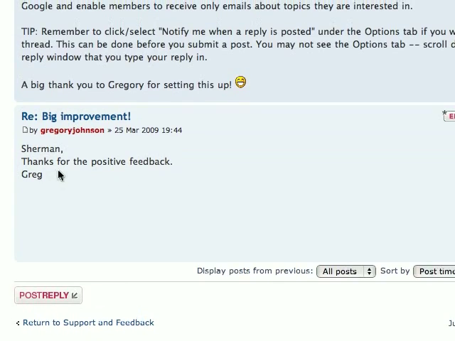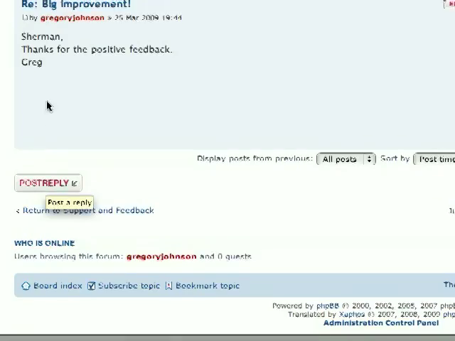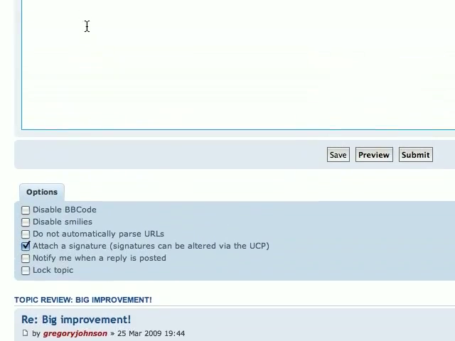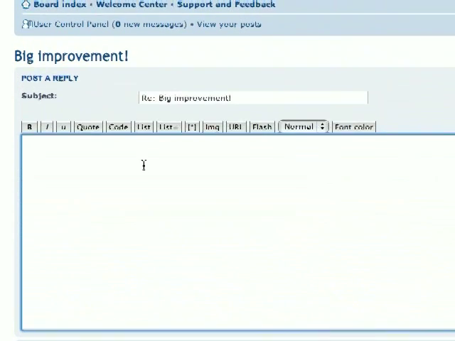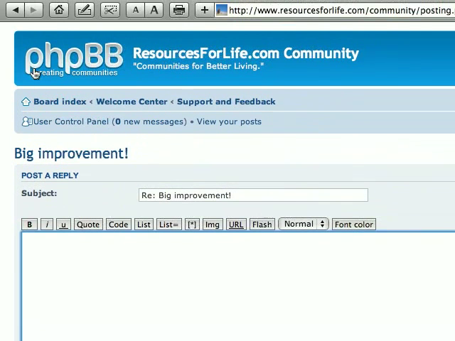So if I wanted to post a reply to Sherman's comment and have it show up below here, I could just click post reply and type my message in here. Or I could go back and edit a message that I've already entered in. So let me do that. I'm going to go back,